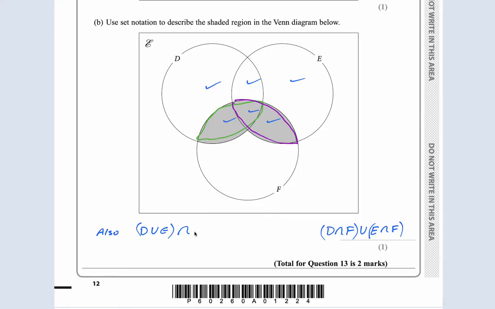Intersection F, because F is, let's choose a different color. F is this, this, this, and this, which has, well, the one I want is one with the 2 ticks, hence I do intersection, this intersection F. So both of these are correct. Okay,